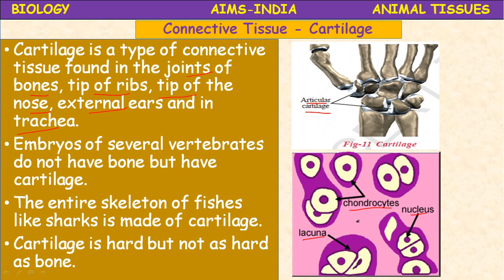Next, white fibrous cartilage, the strongest cartilage we can say. It occurs in the intervertebral discs. The vertebral column is there, no? Between the two vertebrae, intervertebral discs, and in the pubic symphysis. The yellow elastic fibro cartilage is found in the pinna, external ear, external auditory canal of the ear, and eustachian tubes. It is also present in the epiglottis and tip of the nose.